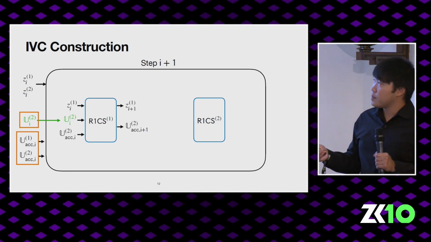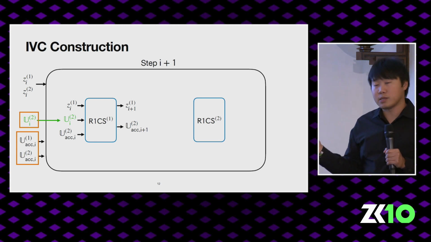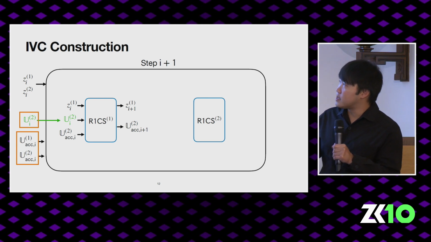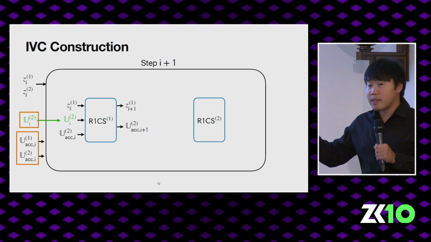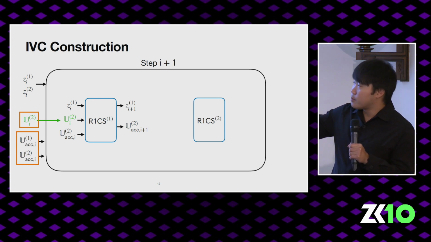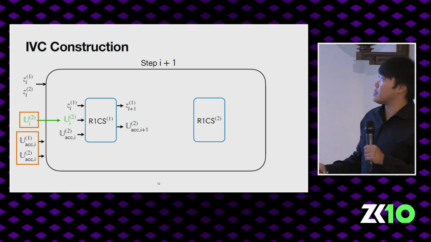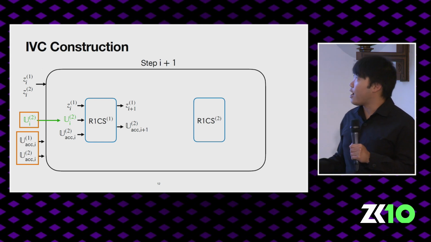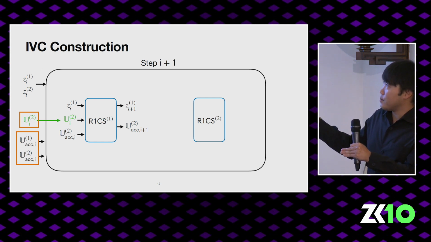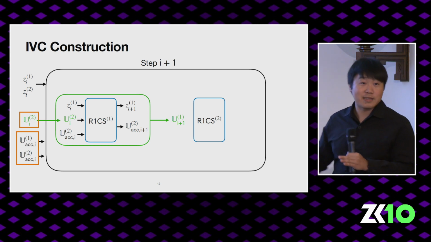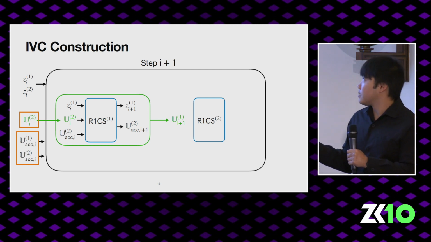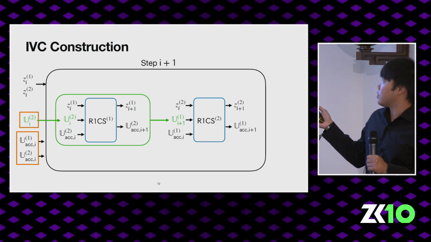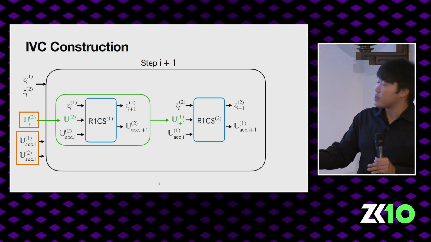Now, this constraint system constrains one step of the execution of the primary function, but also folds together this accumulator and this fresh instance, which is the green instance, to produce a new accumulator, which represents the satisfaction of all prior secondary constraint systems. And now the satisfaction of this constraint system can also be represented as this new green element, which then also gets fed into the secondary constraint system, which constrains one step of the secondary function